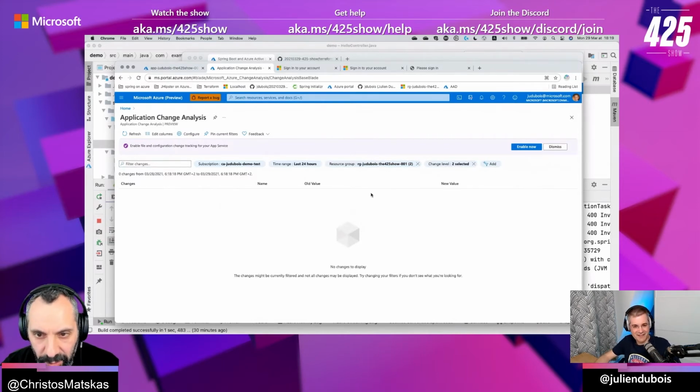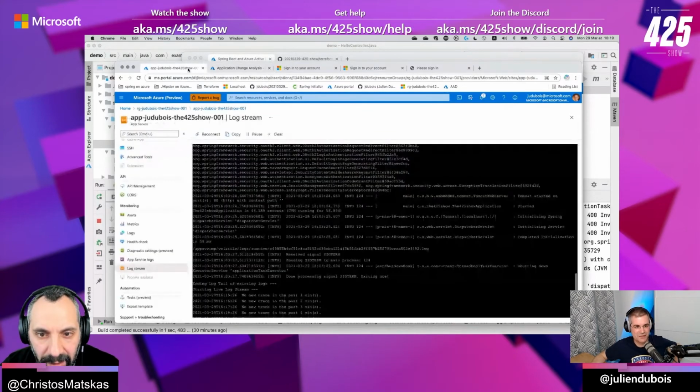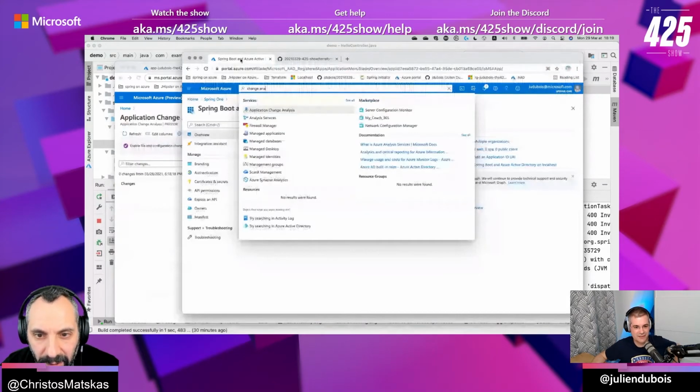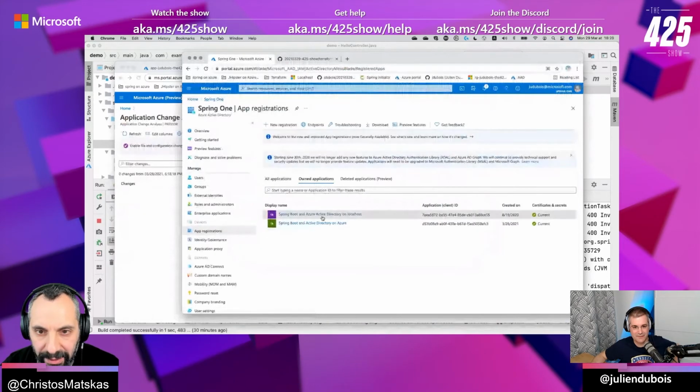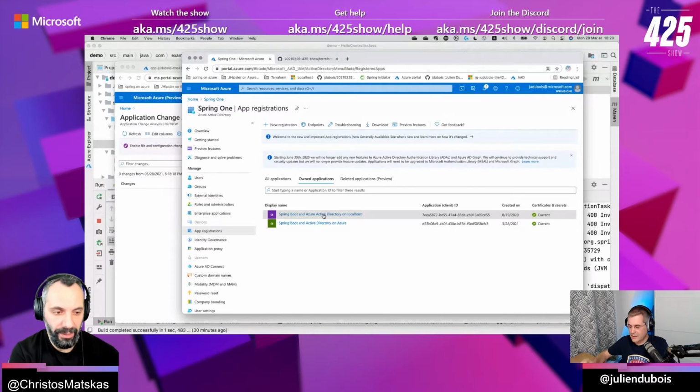Are you in the right subscription as well? Yeah, it should be. Otherwise you couldn't see it. Now I'm super confused. We should be able to see that. Go back to the app registration. Right. For your app services, you need to enable that. That's why we can't see it. The changes are not tracked because it's not enabled. Okay, so that's logical.